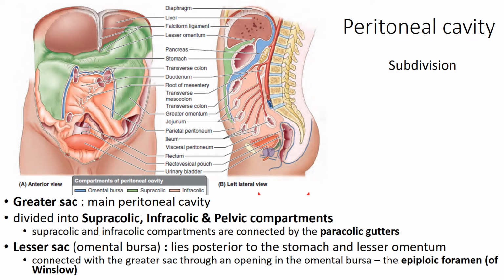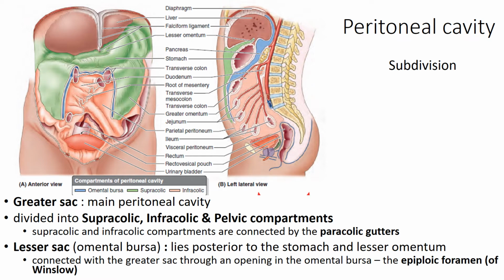So the peritoneal cavity, as discussed in the previous lecture, is a capillary thin space between the parietal and the visceral peritoneum. Because of the differential growth of the viscera, especially the gut tube, the visceral peritoneum is of different length. It varies depending on the growth of the organ. So now the peritoneal cavity is described as a continuous space between the parietal peritoneum lining the abdominal wall and the visceral peritoneum lining the abdominal viscera.